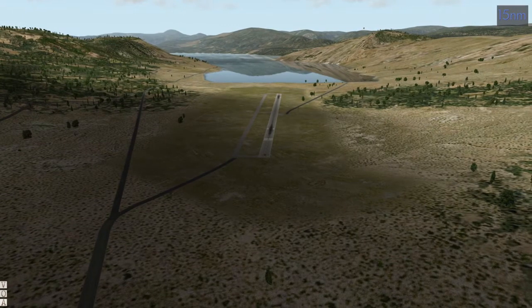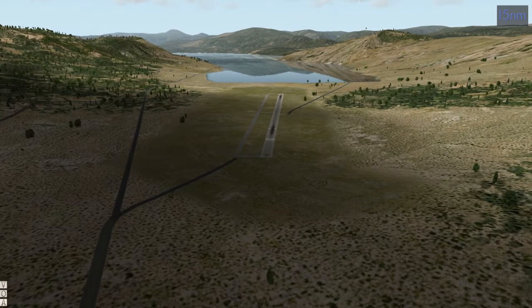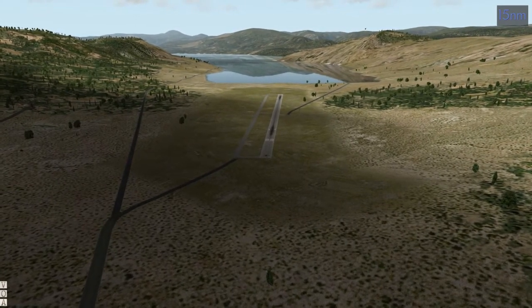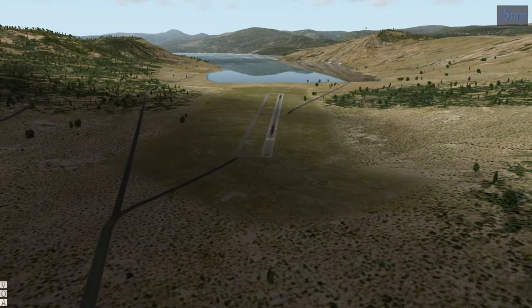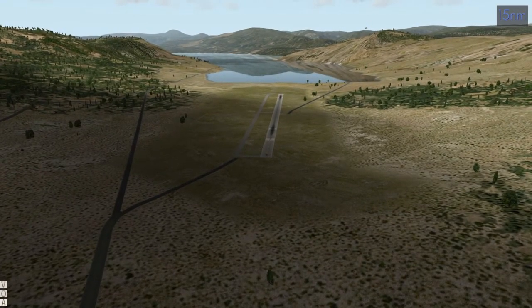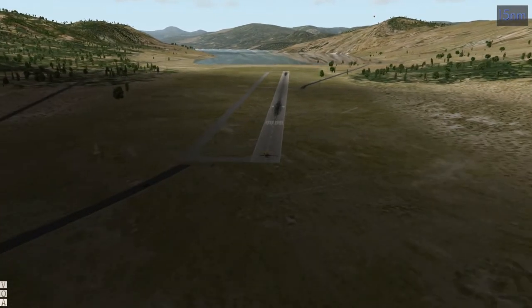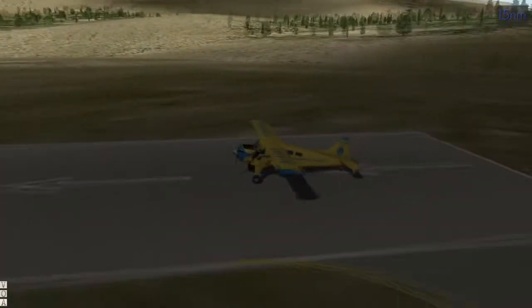We're going to follow that lake all the way from Vernon, Charlie Yankee Victor Kilo, all the way down to Penticton Regional Airport, Charlie Yankee Foxtrot. We will be using an NDB with our ADF to get there, although all we have to do is follow the water and we land right on the runway. But it's not a modeled airport,